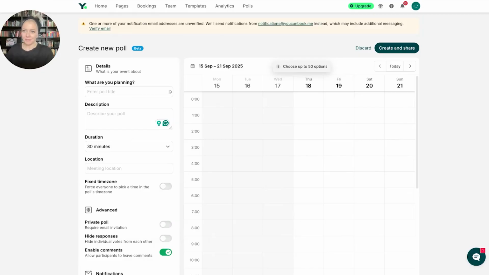Finding the best time to meet with a whole group of people is not easy. Have you ever tried to get together with a whole bunch of friends at once? It is a cluster of different people with different plans, different schedules, and it's a headache. And honestly, doing it in the workplace is no easier.